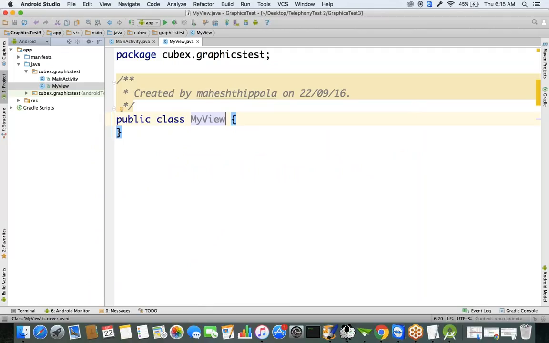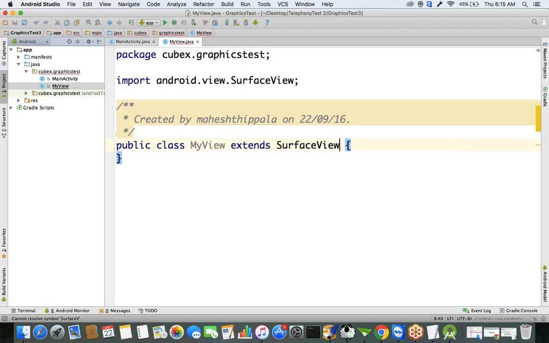Let's create a class with subtype of surface view component. Create a class with subtype of surface view. Okay, and see here, it is showing some error. The error is nothing but, if you are extending a surface view component,